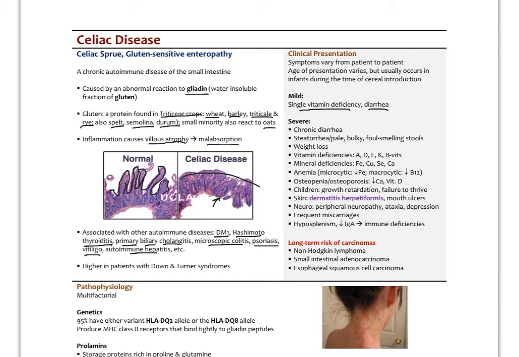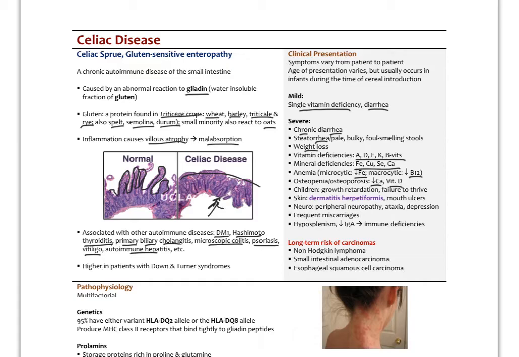But typically it's been in childhood, and in mild cases we see maybe specific vitamin deficiencies and diarrhea. But in the severe cases, like in this one with the complete villus atrophy, you see chronic diarrhea, steatorrhea, weight loss, all your vitamin deficiencies, mineral deficiencies, severe anemia of both iron and B12, osteopenia, osteoporosis from calcium and vitamin D deficiency, failure to thrive, growth retardation in children, a very interesting skin rash called